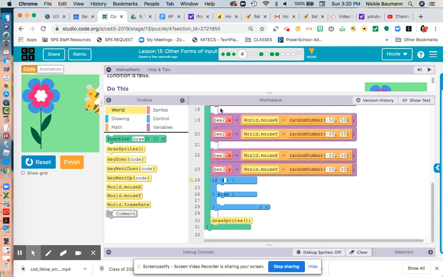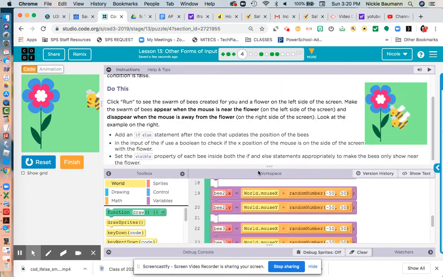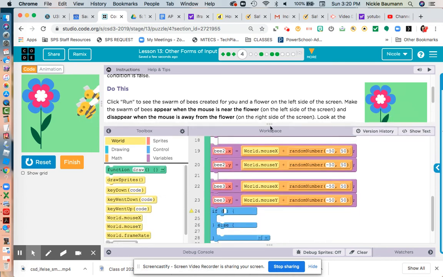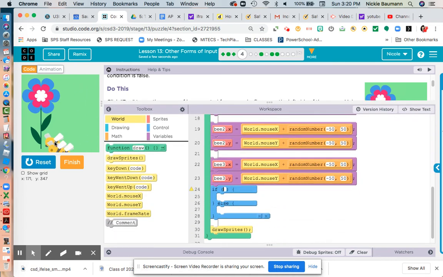So they said, let's see, what did they want? Do they want a certain number? Nope. They just want it to be on the left side of the screen. So again, remember, our screen is 400 pixels across. So we should say if it's less than 200, that's halfway through. So let's go ahead and do